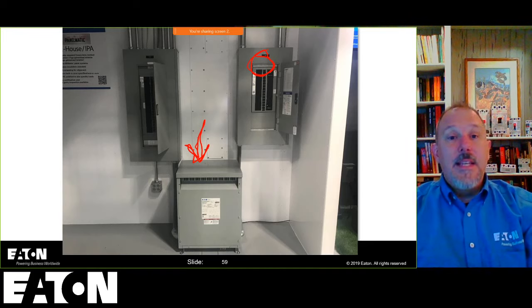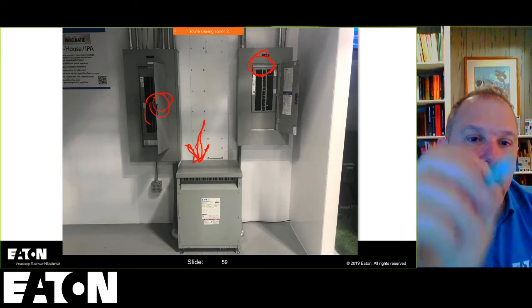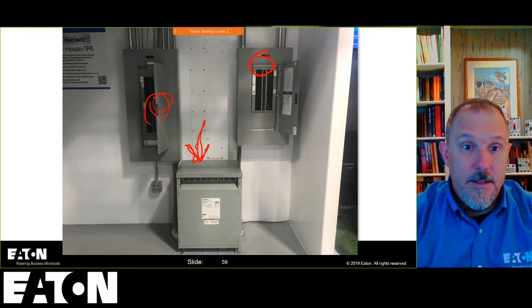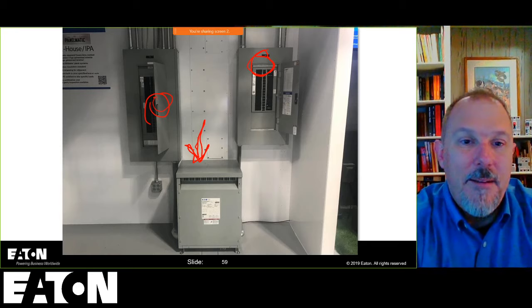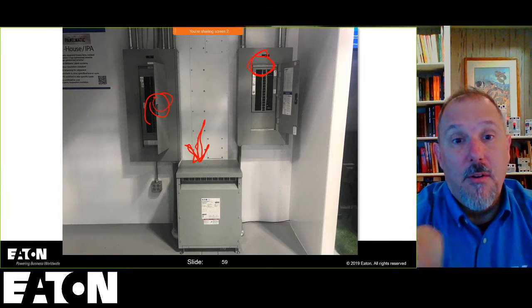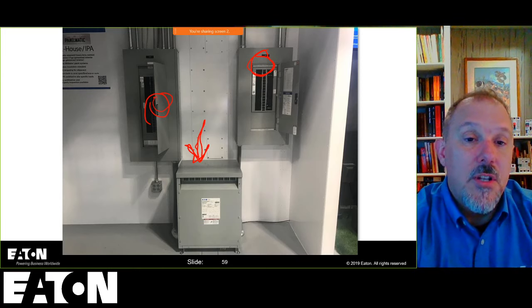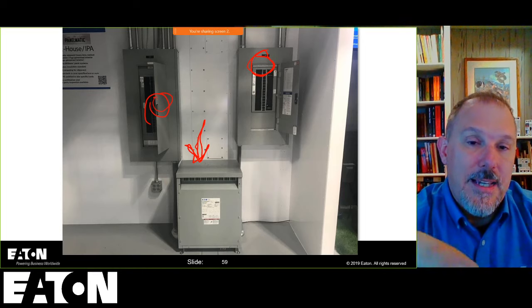Yes, in this panel, you could kill this whole transformer by turning the breaker off here. Provided you remember how many breakers are in here, you've got to make sure you turn the right breaker off when you're doing that work. So in this scenario, there's a lot of different ways to kill that cat, and I guess the key, killing